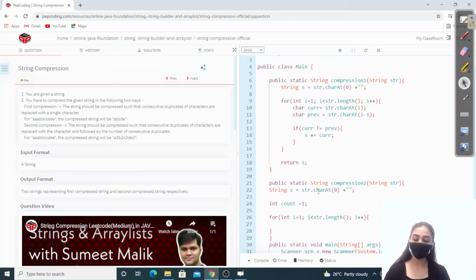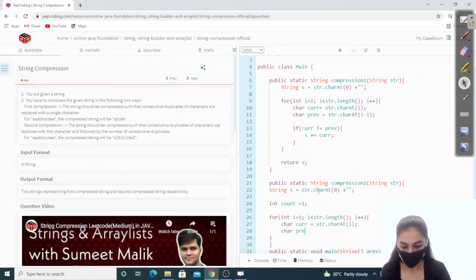So we want two things, that is the current and the previous character. So char current is equal to str dot char at i. Current element is at the ith position and previous element is at the i minus 1 position. So char previous is equal to str dot char at i minus 1.